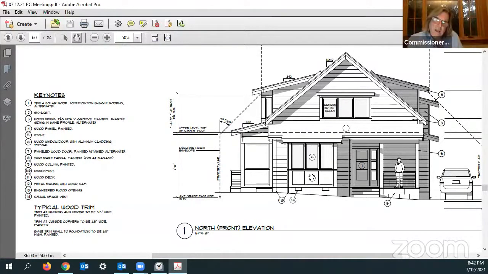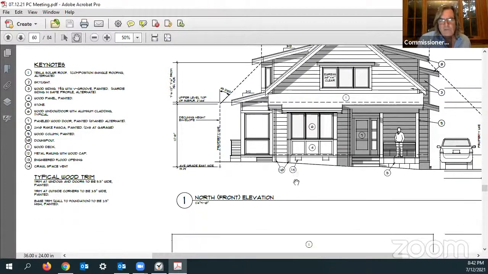Okay, I'm just asking because I built a house in a flood zone years back, and we were required to have the floor frame as well above. And what I'm getting at is it may raise the overall height of the house. So if you could just double check on that and make sure that you've got the whole frame above, if that's the requirement still. Not just the floor area, because they get into the mechanical equipment and even just the wood members of the frame they don't want sitting in water.